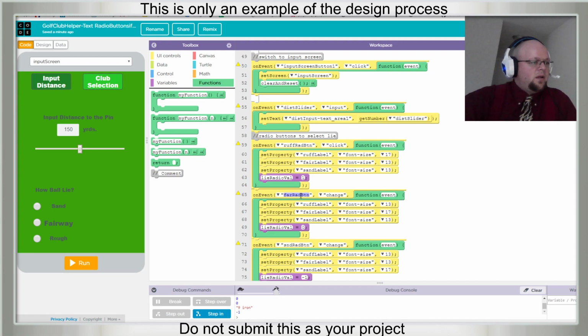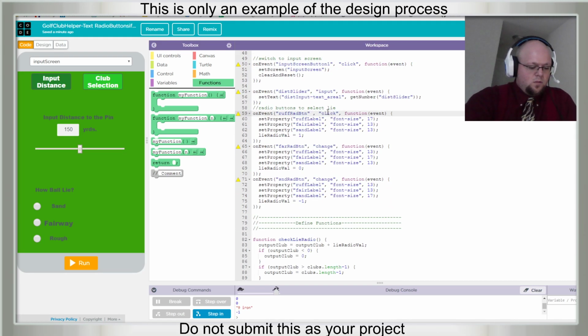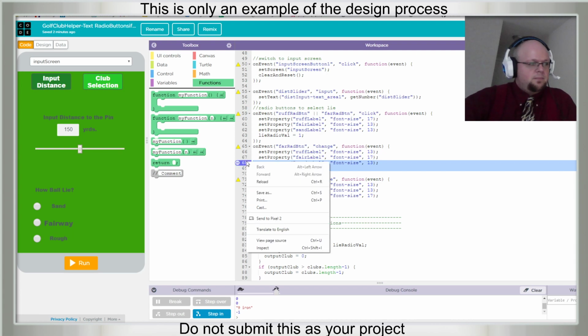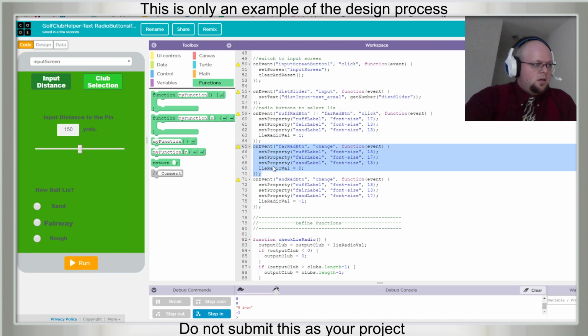This is called far radio button. Wonder if you can do or far radio button clicked, and then whoa, that's not what we're looking for. Oh, we already have. It gives you double quotes. And let's comment out. No, there's not a limit to the lines of code. On event far radio, but yeah, okay.